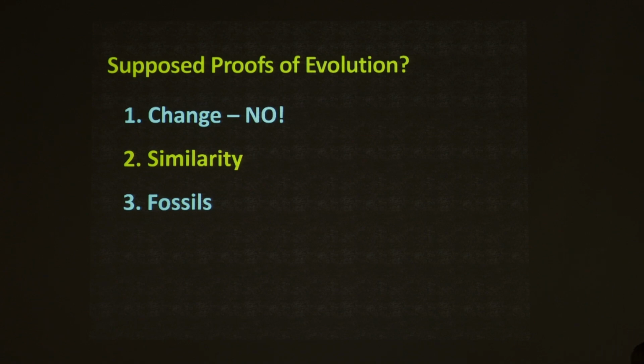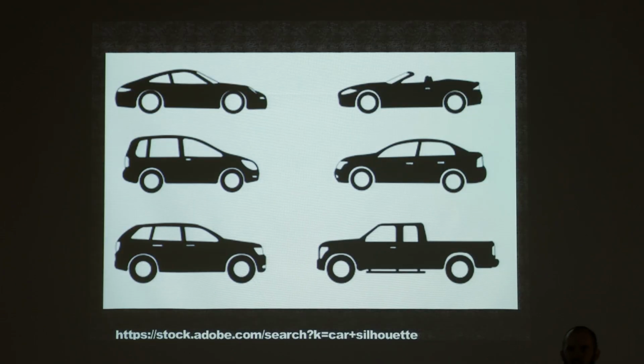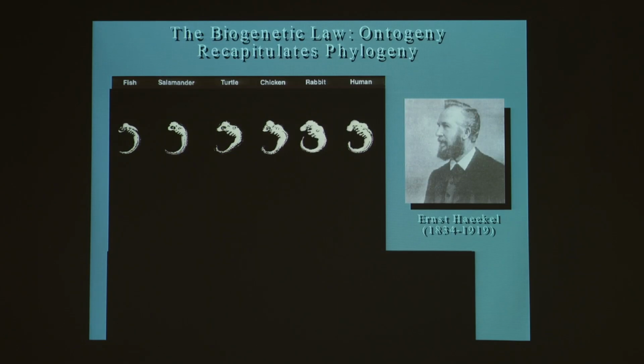Well, what about similarity? You know, we look at creatures, the way we are organized, structured, and some people will say, well, look at the joints within the various creatures. Look how similar they are. This proves that we have a common ancestor. We evolved from a common ancestor. Well, even if I lined up cars together in an order, would I say, well, that proves, look at the similarity, it proves that one car evolved from the other? No, it doesn't prove that. It just proves that whoever designed the cars said, man, there are certain features that are good to have in a car. And so we're going to use those features plus some extra things to create a car.